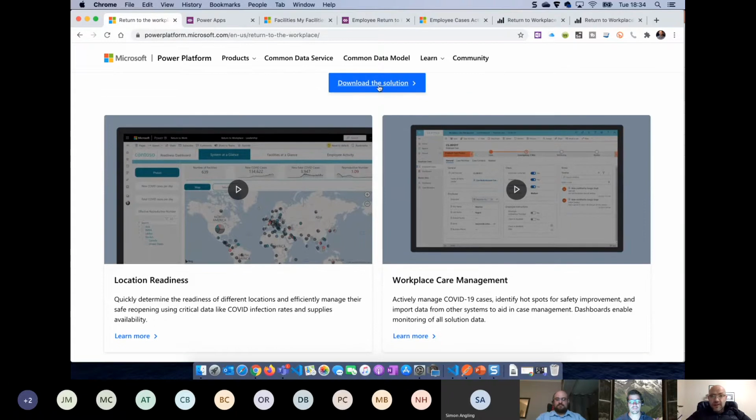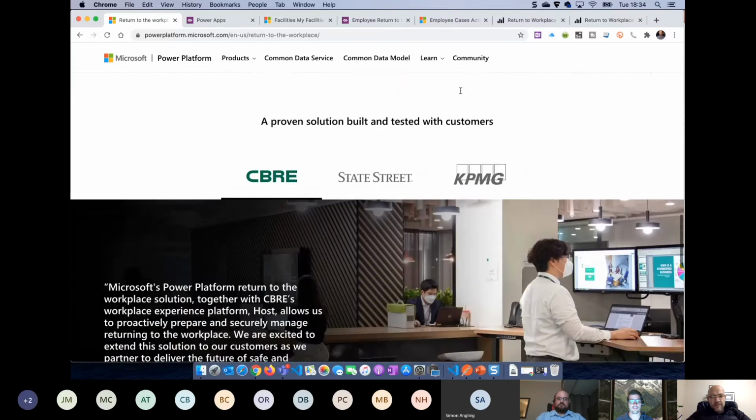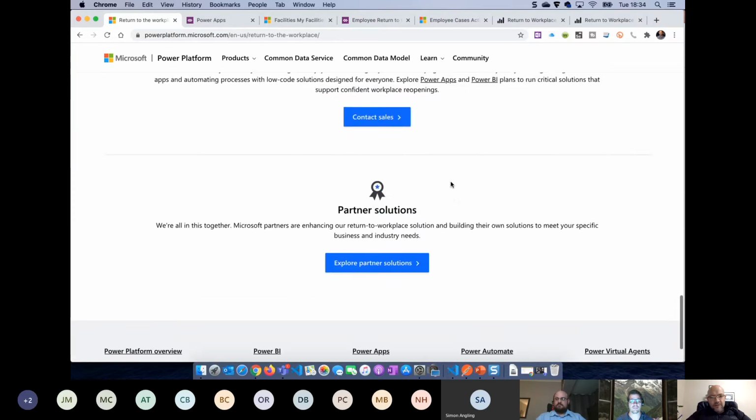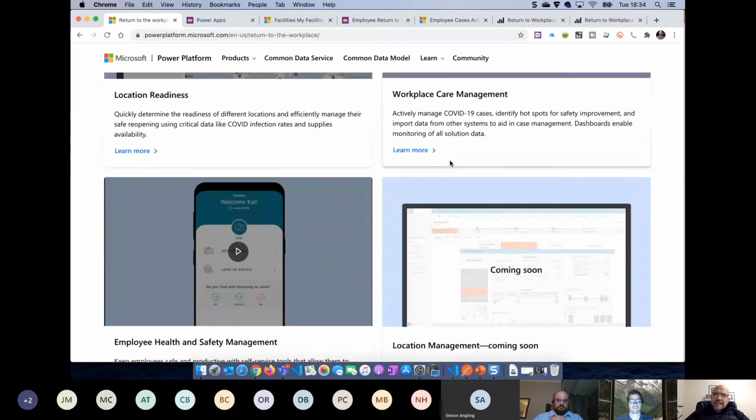So at the bottom, you can go and say download the solution, which is going to take you to that section. Or if you scroll down more, you'll see at the bottom, you can contact sales and these sort of things if you don't have the necessary licensing. So unfortunately, you do need a standalone license to run this model-driven app. I know that back when COVID just hit, Microsoft announced that it was going to give the COVID app, which also used model-driven apps in CDS, to companies. I haven't seen that the same is true for this app though.